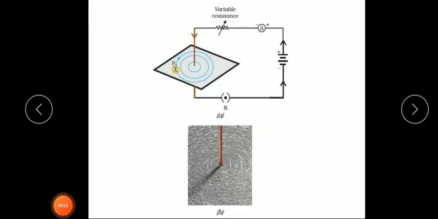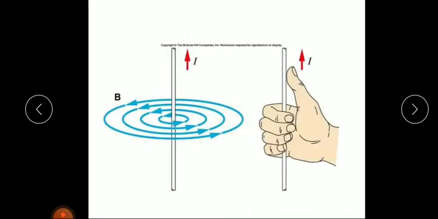Dear students, we were discussing the second chapter, magnetic effect of electric current. In this chapter we learned a current carrying conductor develops a magnetic field. In order to find these magnetic field lines, we inserted a straight conductor through a cardboard and we got the magnetic field lines around a straight conductor as a pattern of concentric circles. And to find the direction of these magnetic field lines, we used the right hand thumb rule.